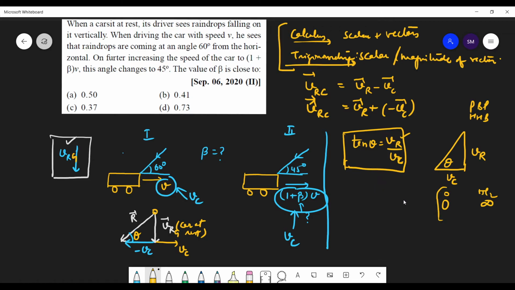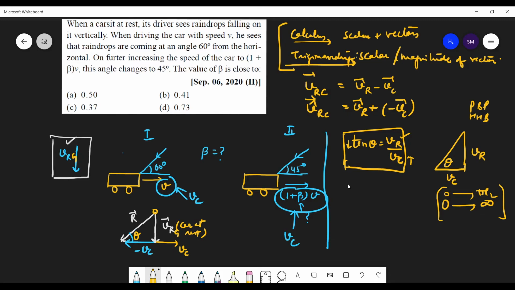This is not related to this question, but it's a general point, because next time this question will not come in this form, in JEE it may come in some other form. So we must know the concepts well. Tan is an increasing function from 0 to pi by 2. As theta is increasing, the value is also increasing. So if this is decreasing, the theta is decreasing. The more the velocity of car, the lesser your theta will be. You can see here, as velocity is increased, theta decreases.